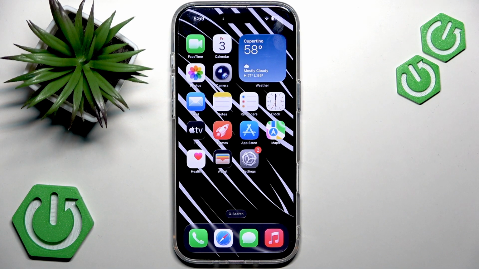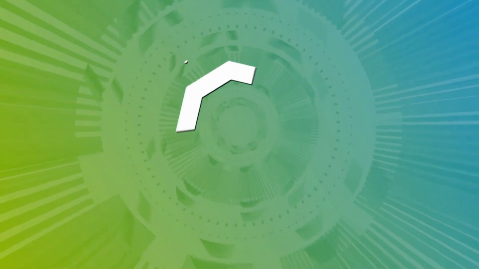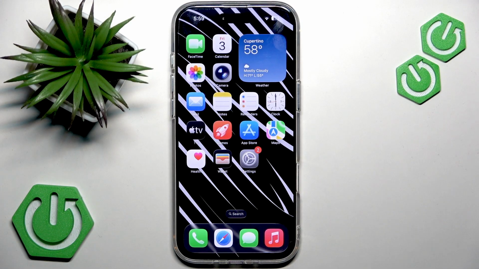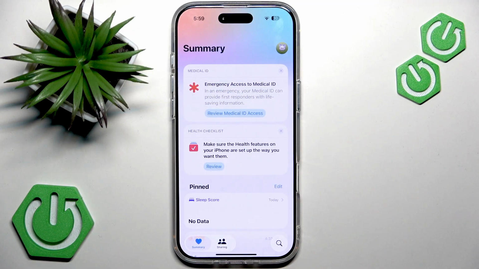In this video I will show you how to use mental health features on your iPhone 17 Air. So on your iPhone 17 Air you can monitor your mental health, track your mood, and also keep a personal journal. So first of all, let's go to Health application, and at the bottom right corner of your screen you